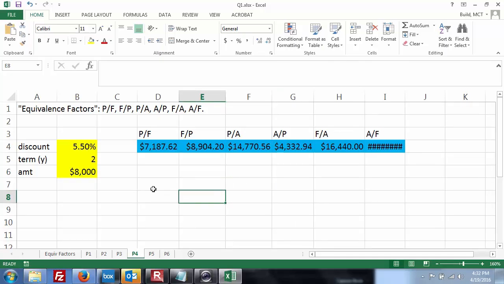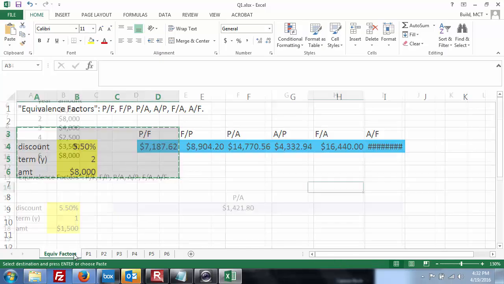So we're going to have $8,000 in 2 years. That means at 5.5%, we invest 71.8762. So let me just take this chunk right here,